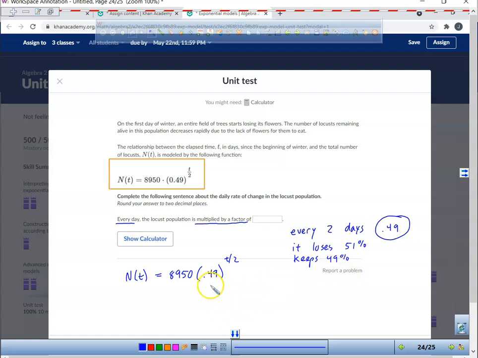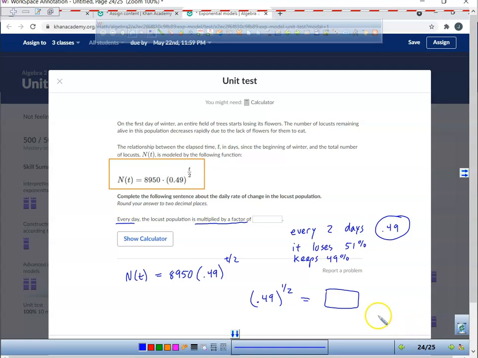So to find that piece of information, you take 0.49 and you don't raise it to the power of 1, you raise it to the power of 1 over 2. Why 1 over 2? Because it's happening every 2 days, not every day. So you put 0.49, raise it to the power of 1 half, and that will give you your answer for